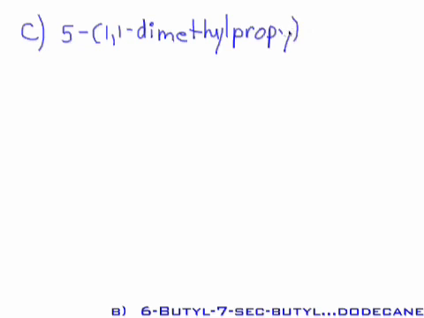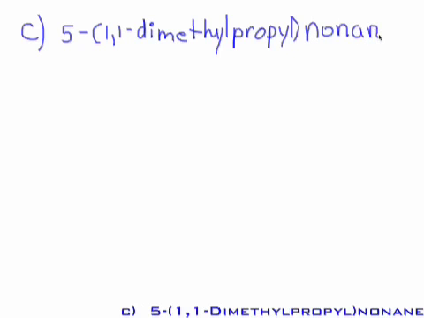Oops, let's fix that up. And we have the nonane here. Okay, 5-(1,1-dimethylpropyl)nonane. Well, once again, we take the root name, the nonane, and we know that nonane has 9 carbons,